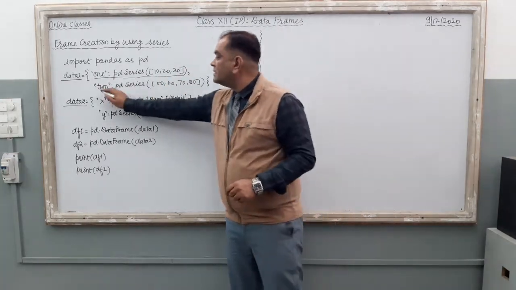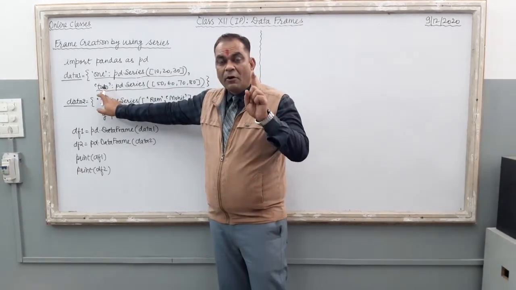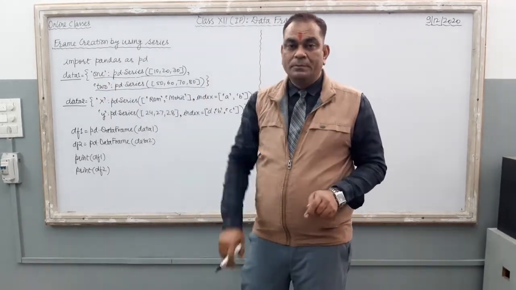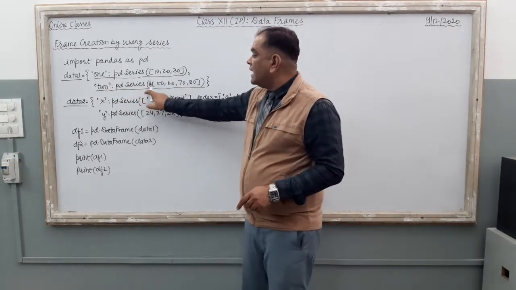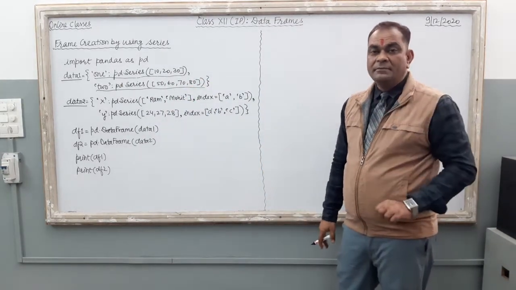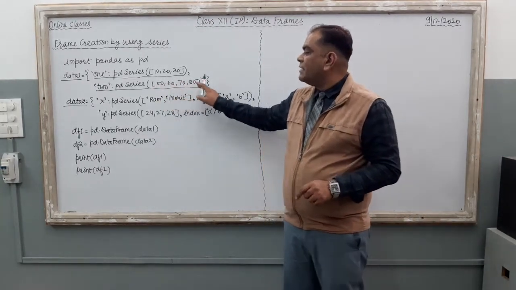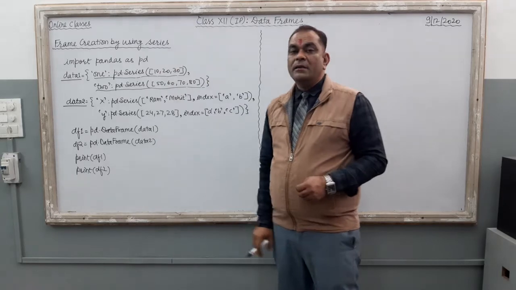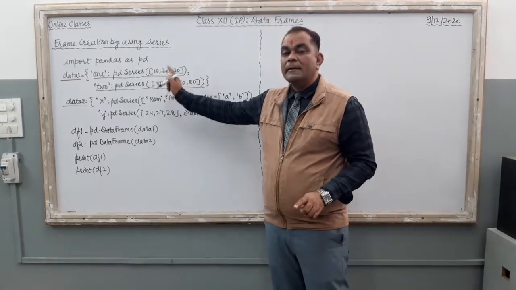Clear? Now just see what is the second data element of the dictionary. Here it is 2, the name of the key of your dictionary object. So first key is 1, second key is 2. Now in front of this, the value of this particular key is pd.Series 50, 60, 70, 80. Here in this series 4 elements are there. This series is created by using 4 different elements 50, 60, 70, 80. And in the previous one the series is created by using 3 data elements 10, 20, 30. Right? We can create the data frame by using this concept also.